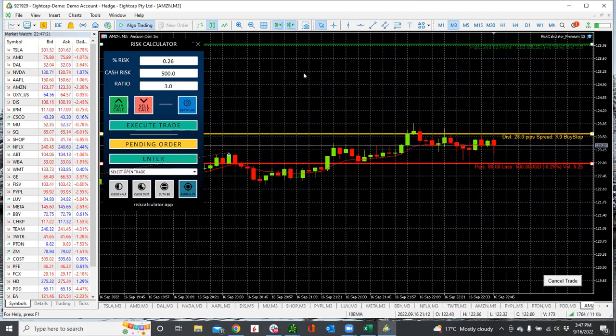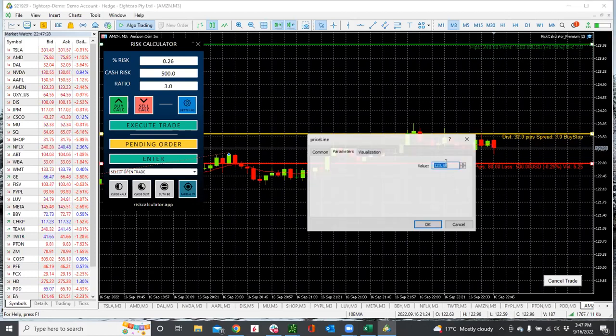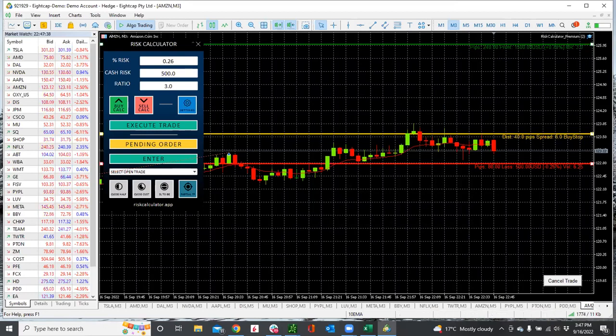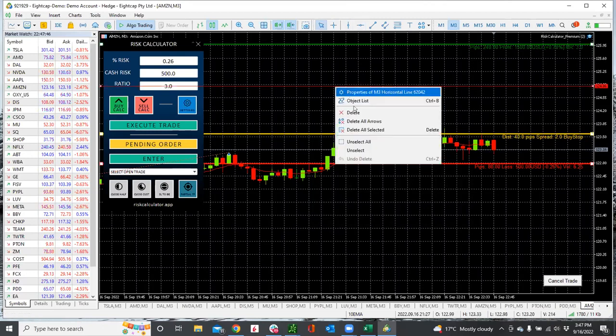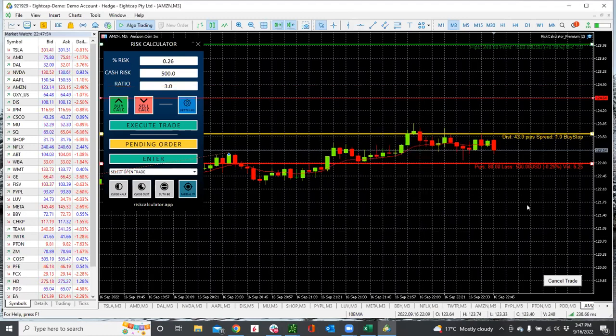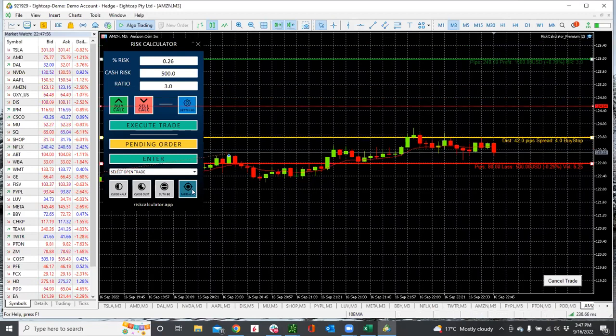And then I manually go in. Let's say this is the partial line. I can right click on it, go into properties, and change it to whatever value I want. I would look at my spreadsheet, and I know that based on my entry and my stop, my spreadsheet is giving me a target of 124.54. So let's just say for argument's sake that this becomes my 124.54. That's 2R. Just for demonstration purposes, let's say I'm in the trade,